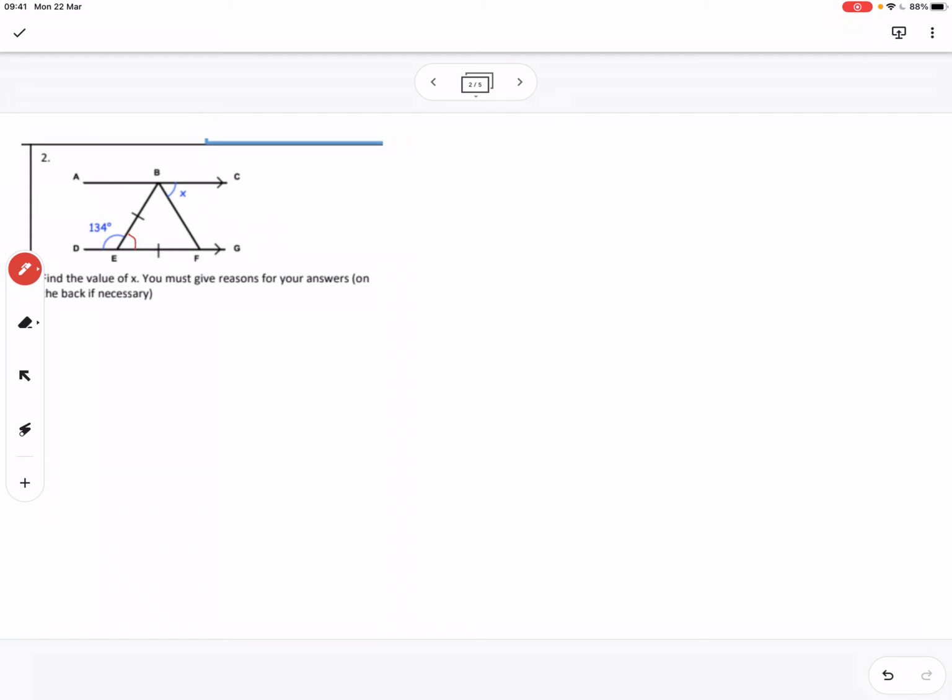So this angle is going to be 180 degrees take 134, so that will be 46 degrees. Now this triangle here is an isosceles triangle. Those two sides are the same length, which means that these two angles are the same as each other. If I mark that angle as y, I do 180 minus my 46, which gives me the 134, because it's the inverse of that operation. And then 134 divided by 2, which I make as 77